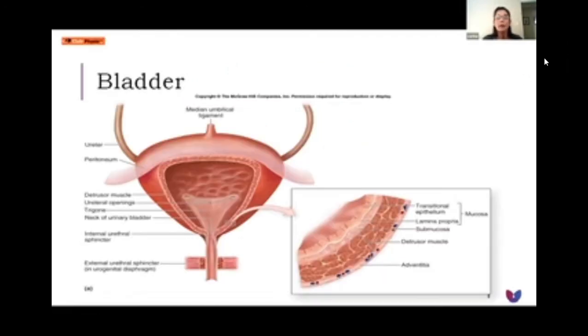A little reminder of what our bladder looks like, what I'm particularly interested in. I hope you can see my mouse turning up. The median umbilical ligament